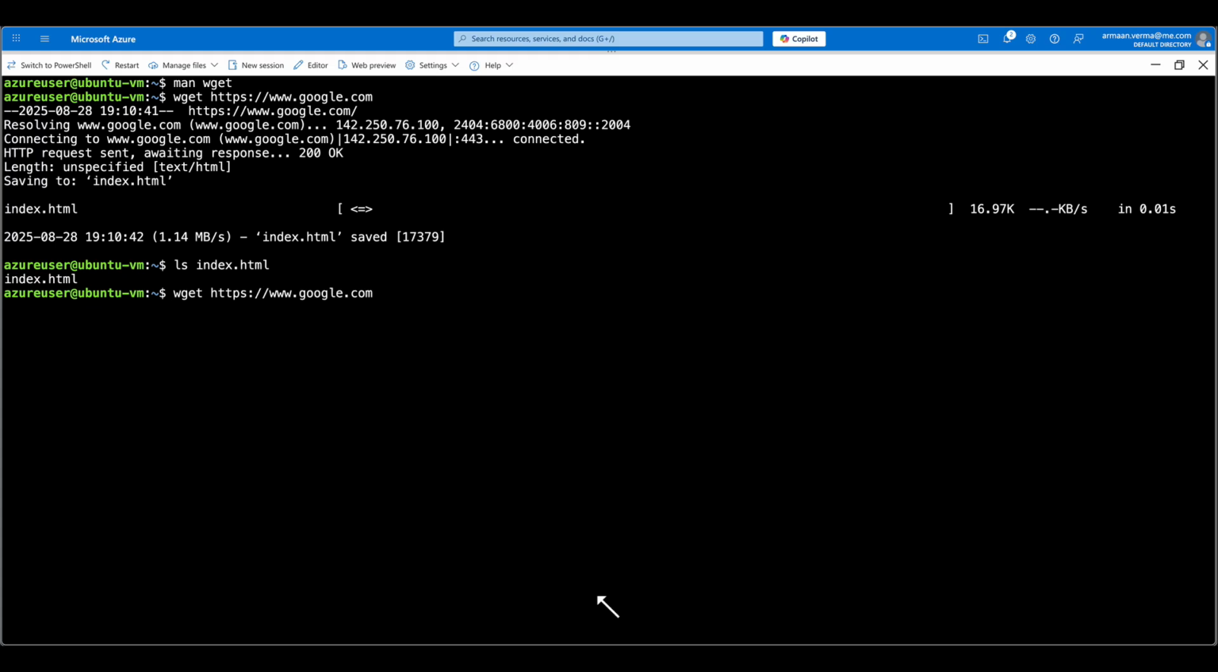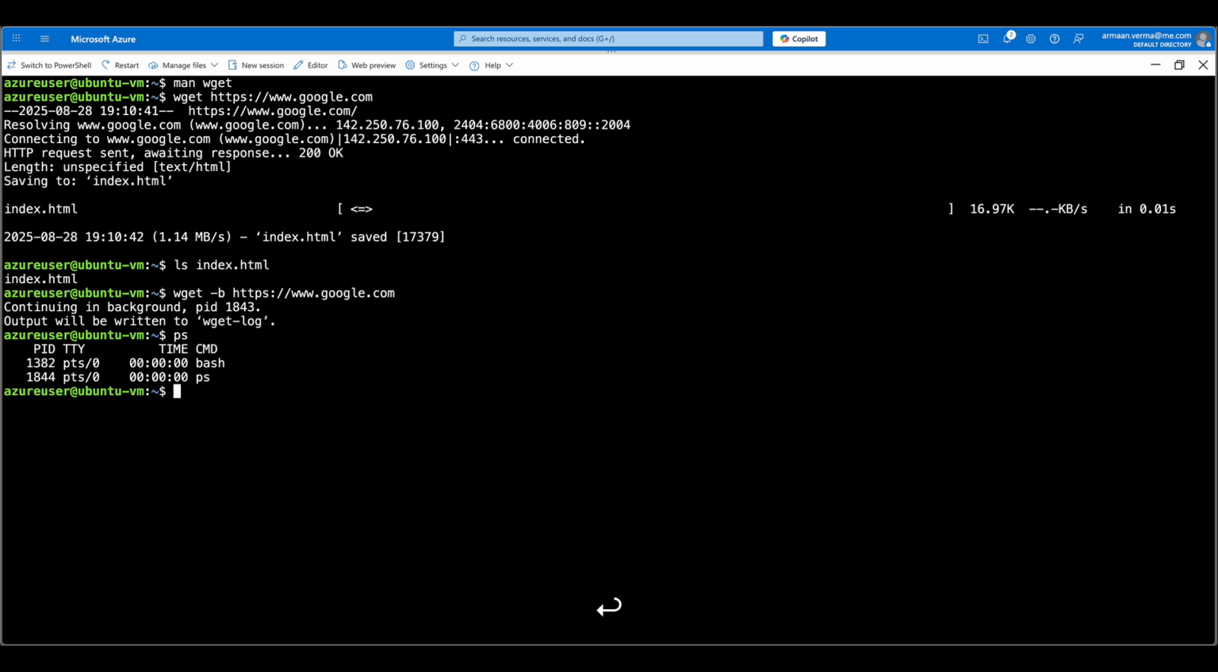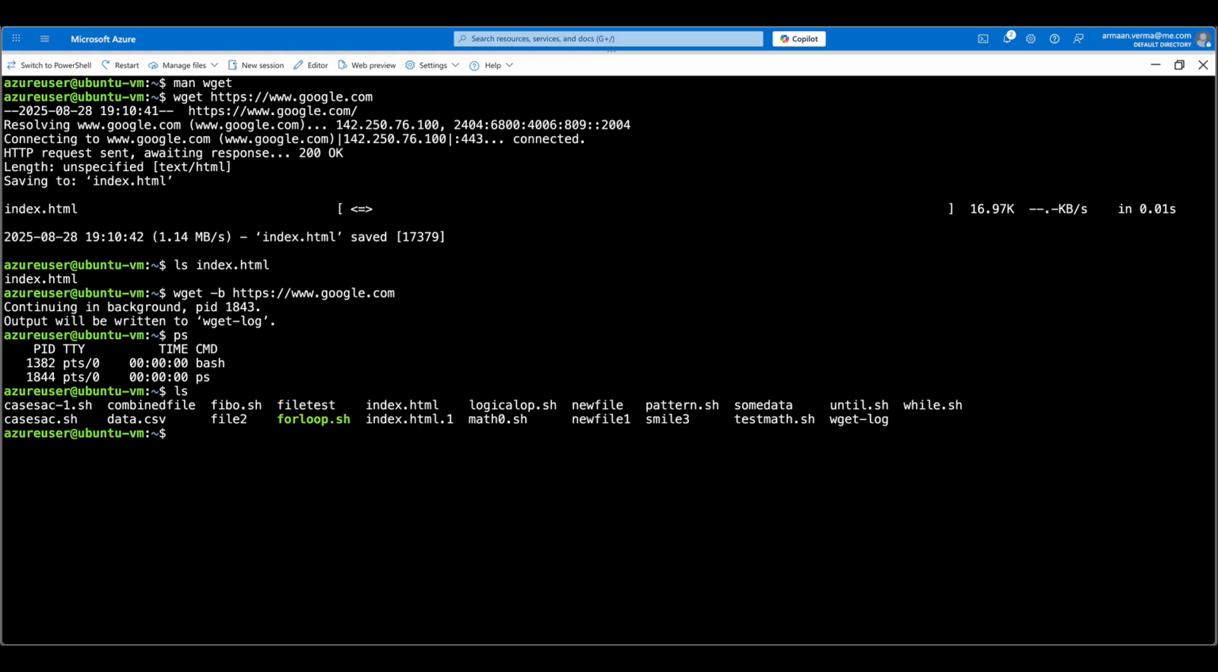So if you want, you can use, for example, -b. If you use -b, it is going to run in the background without outputting or giving any details in the foreground. And the output has been written to wget-log, and the process ID is this. So if I do ps, the process would have finished by now, which was 1843, but it worked in the background, and the file is again overwritten. You can get the information from wget.log, and wget.log is here. So if you say cat wget.log,